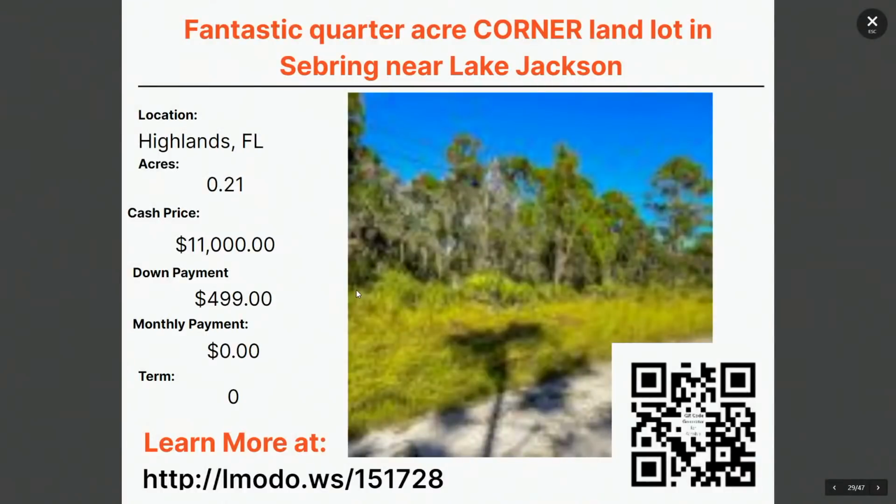This price right here is $11,000 with $499 down. And you'll notice it says 0 monthly and 0 on the term. It means you got some flexibility in there. Reach out to the seller, see what they can do and what they can work out. And you can learn more about this 1/4 acre buildable lot on a corner by going to